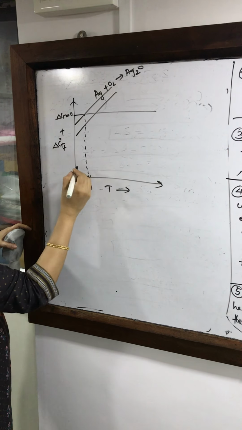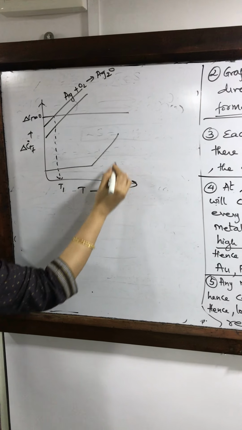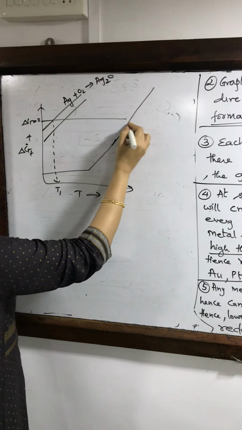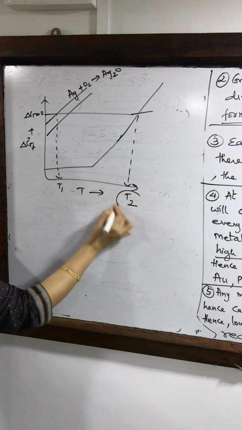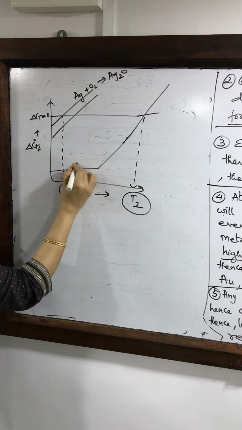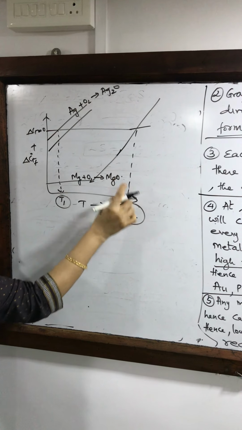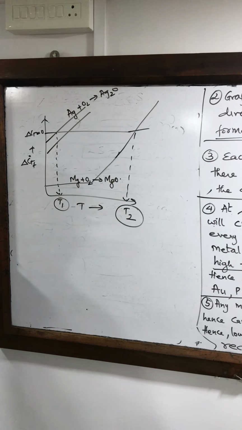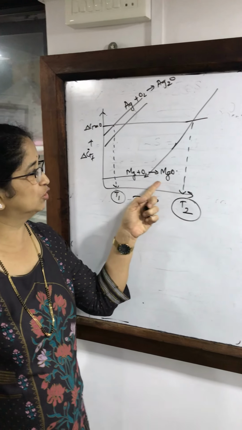But for metals like magnesium, the temperatures needed will be very high. This is a very high temperature, whereas this is a lower temperature. So to extract magnesium by simple decomposition is not going to work out economically, and therefore in case of magnesium